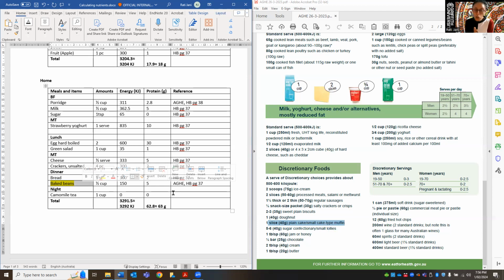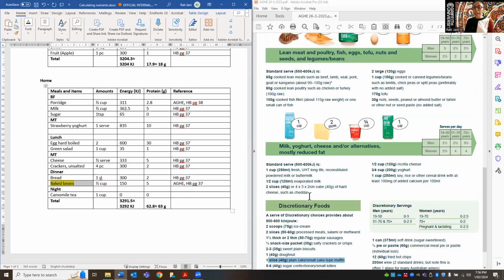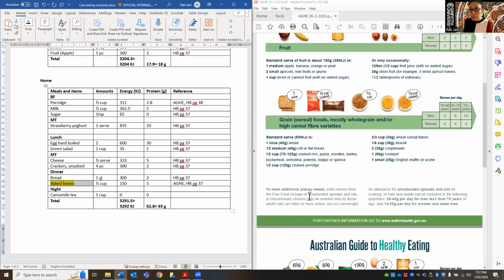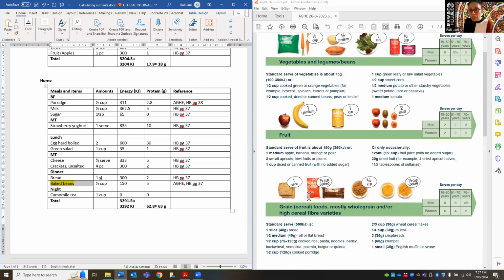So just to make it simple for you, right now, when you are studying MNT or you are introduced to MNT for the very first time, you can just follow this simple process that we have been talking about. Baked beans not present in the quick ready reckoner. What do I do? Okay, go to the next rule, which is Australian Guides to Healthy Eating. So Australian Guides to Healthy Eating, where do I have my baked beans? My baked beans are present in my